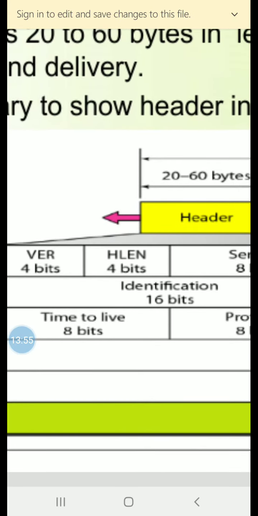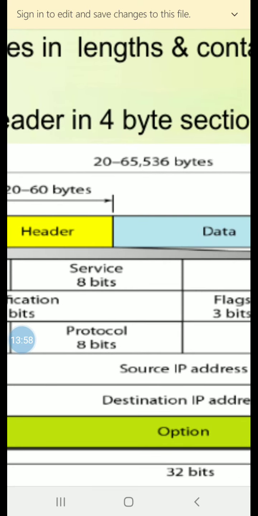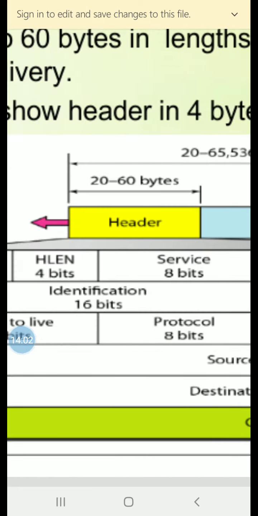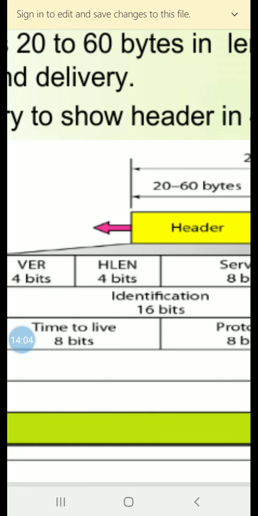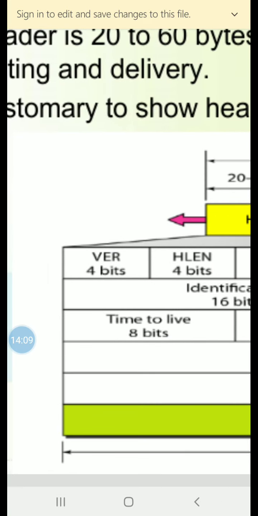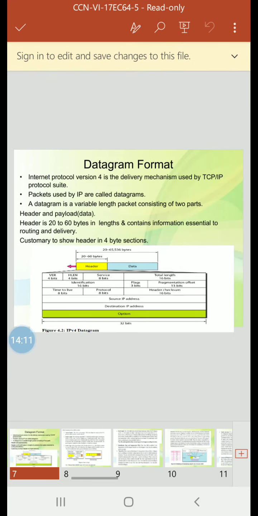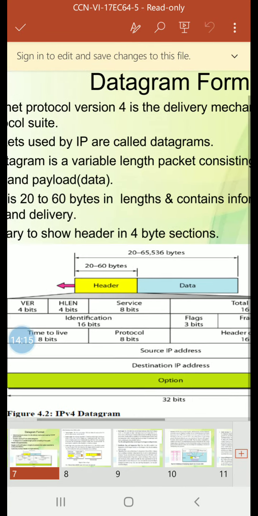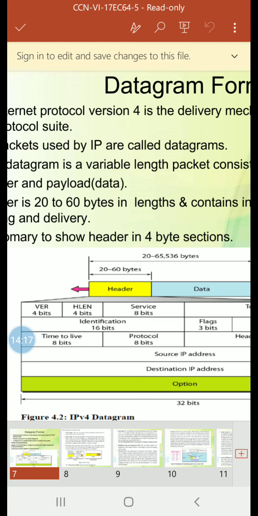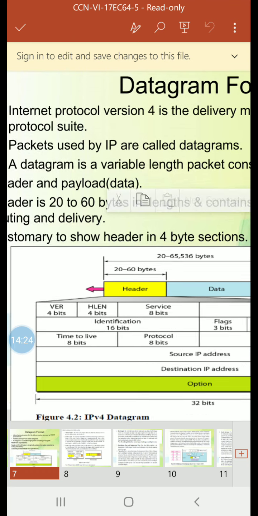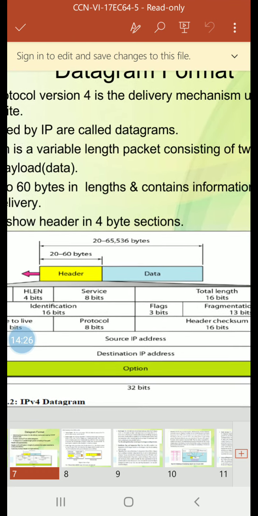It is customary to show the header in 4 byte sections. You can see four sections. One section is version, which is 4 bits. Then you can see HLEN, header length, which is 4 bits. Then service is 8 bits.